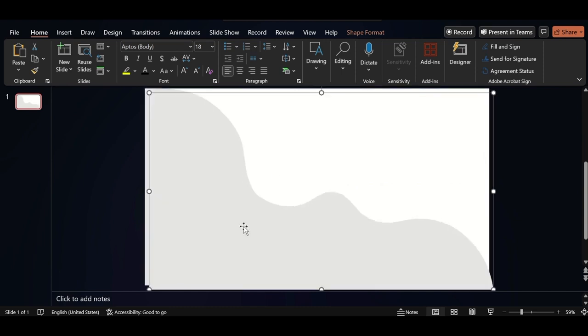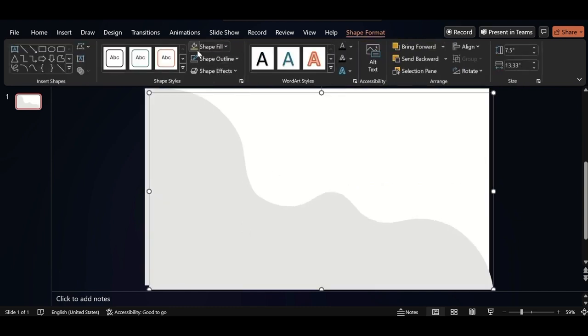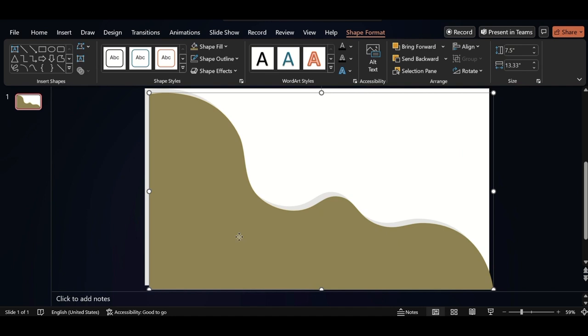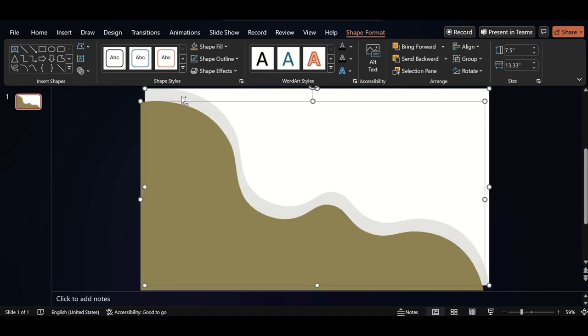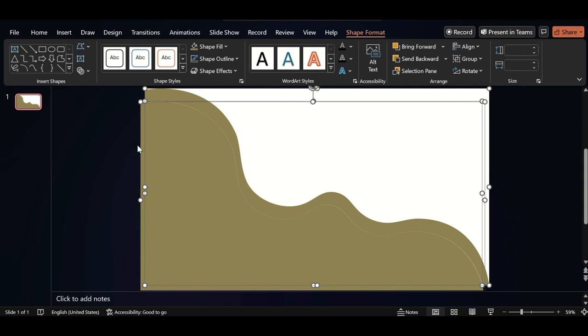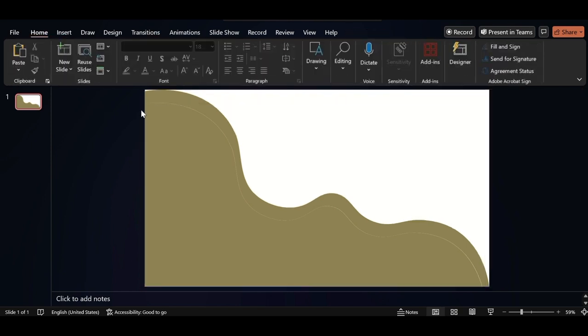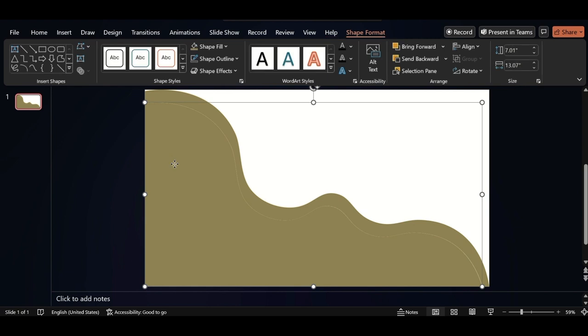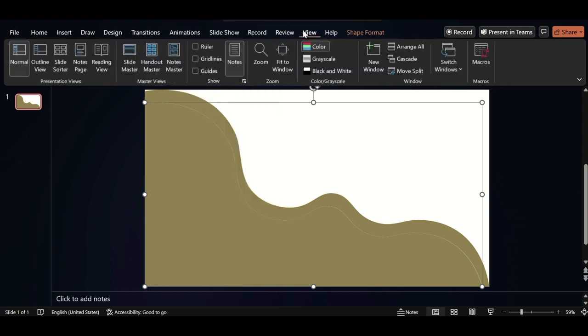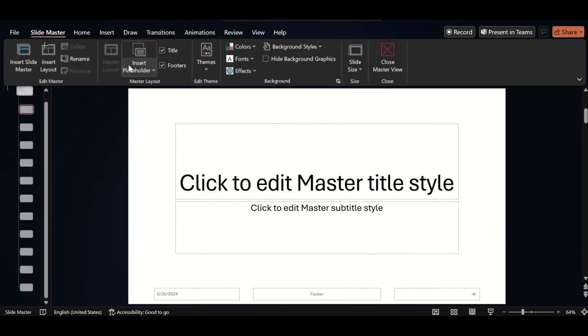Duplicate the shape, go to Shape Format. Select Color, adjust like this. Select both, go to Merge Shape, select Fragment. Delete unwanted part. Select this, click on right button, copy it and go to View tab, click on Slide Master,